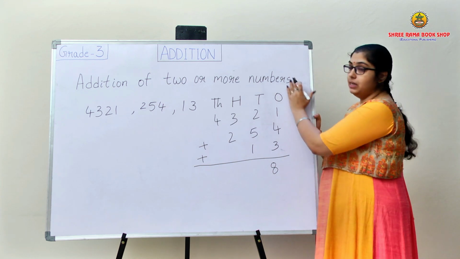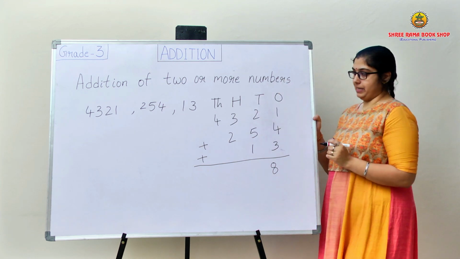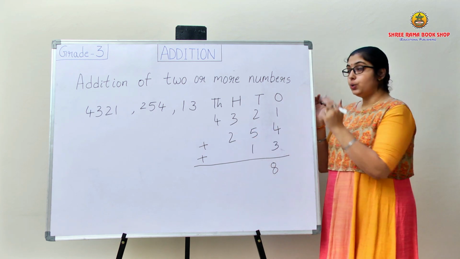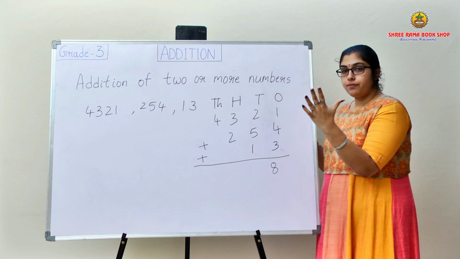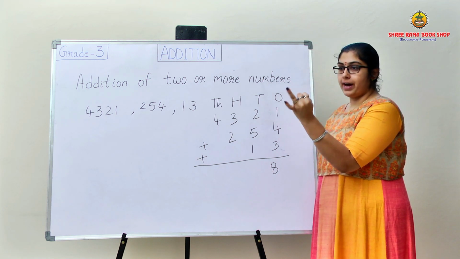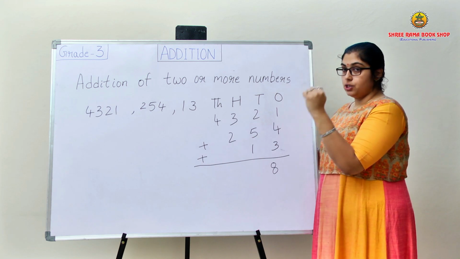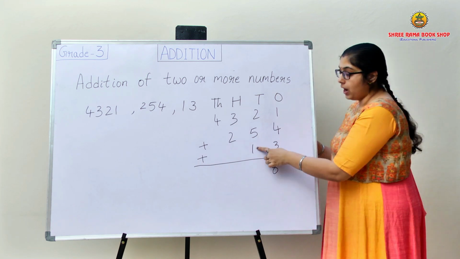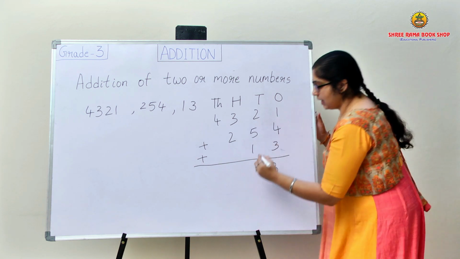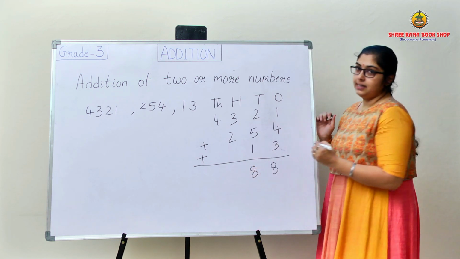Now I will go from ones place to tens place. In tens place, 2 plus 5. 2 in the mind, 5 on fingers. After 2, 3, 4, 5, 6, 7. So 7 in the mind, 1 on finger. After 7, 8. So the answer is 8. I am writing it here.